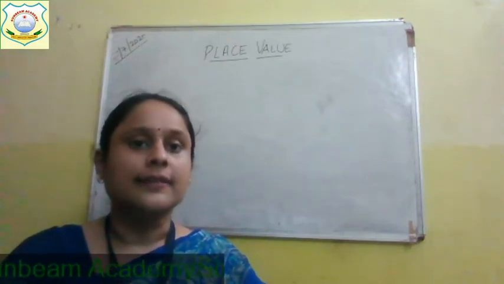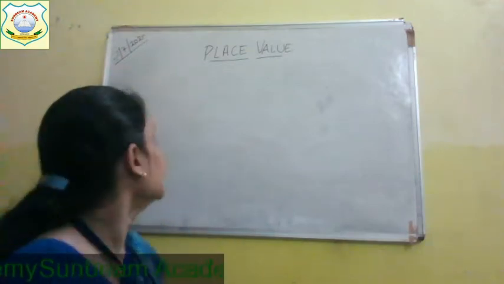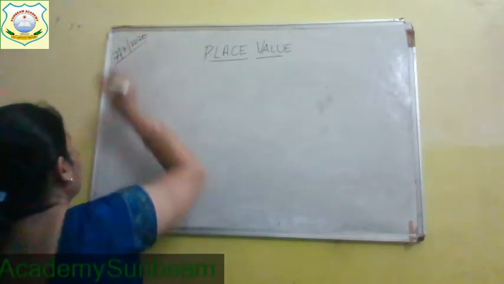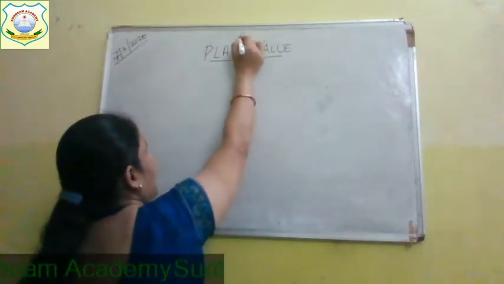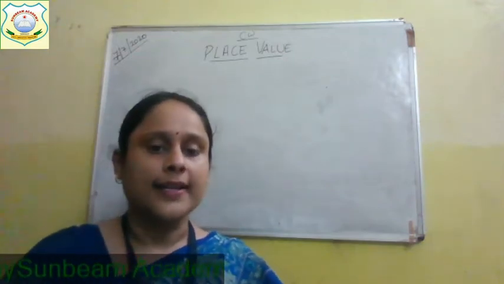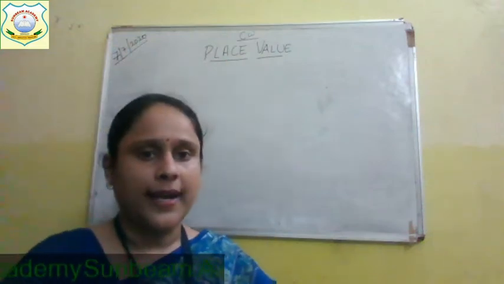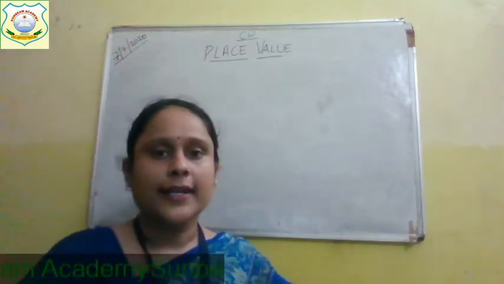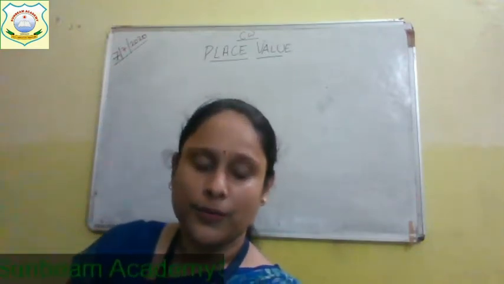Which month is running? It is July. And what is the year? 2020. Write down the date, everyone. After that we will start writing classwork. Write down classwork on the top. Then you will write today's topic, that is place value. And in the index, along with the date, you will write the topic place value. Start writing today's classwork now.